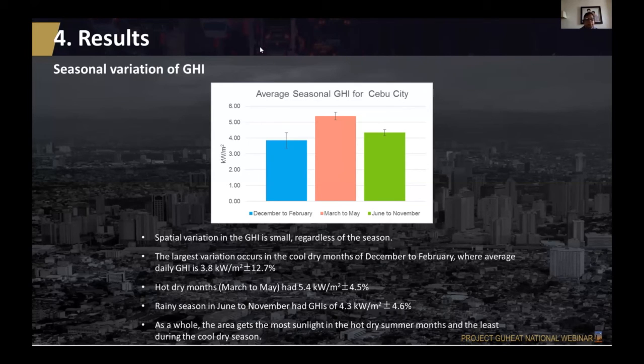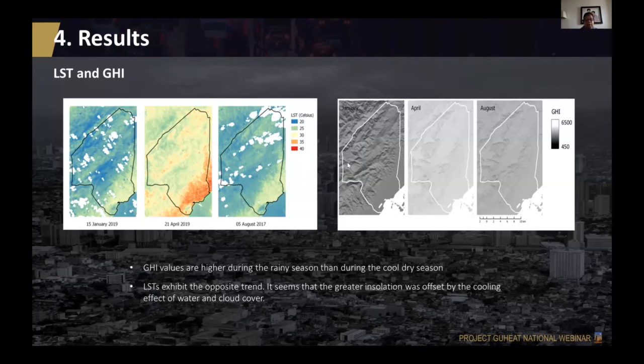Now here we compare the land surface temperature and the global horizontal irradiance. This is the map of the global horizontal irradiance for representative months of the three seasons. We have January, April, August. This is cooler. This is the hottest. This is in the middle. Now, as you can see, if you compare the land surface temperature, the trend for the temperatures is opposite. This has lower temperature compared to this one,